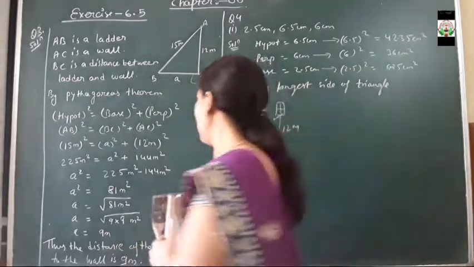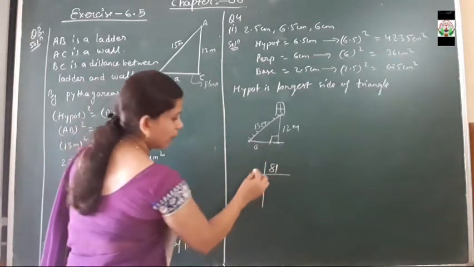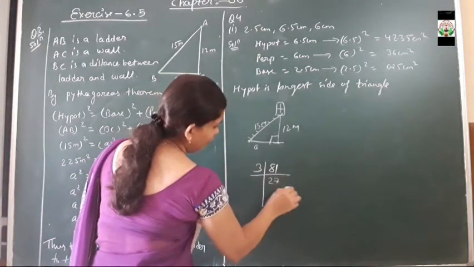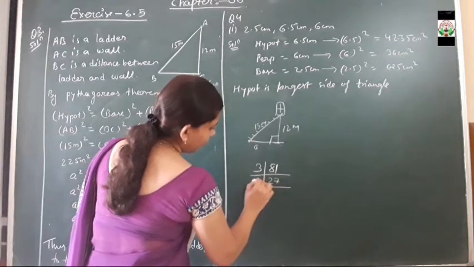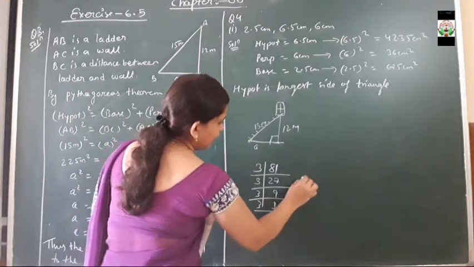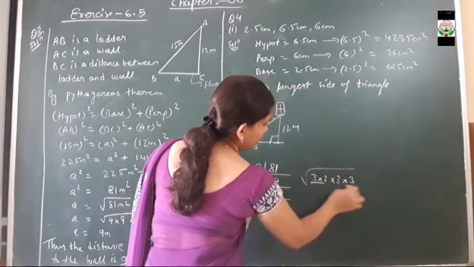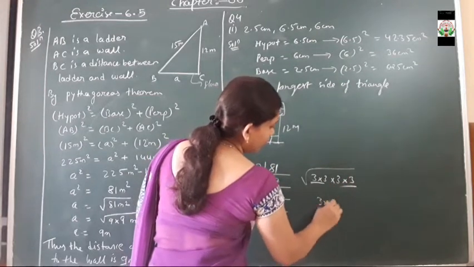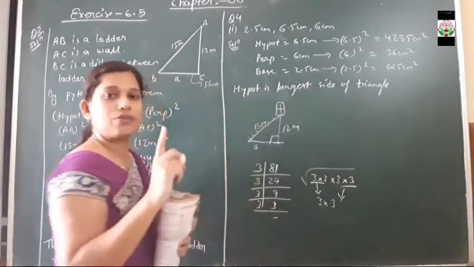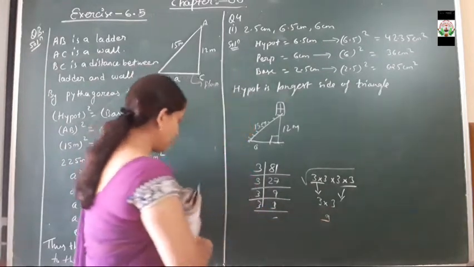So the square root of 81 can be found by the prime factorization method. Find the factors of 81. Here 3 will come, then 27 comes, then 3 again, 9, again 3, 3, and again 3. That means 81 is 3 into 3 into 3 into 3. So making pairs of the numbers, 3 will come outside as the pair. That's why 2 pairs are there, and out of 2 pairs, one of each pair will come outside the root. So 3 into 3 will be how much? 9. So that is the answer for the